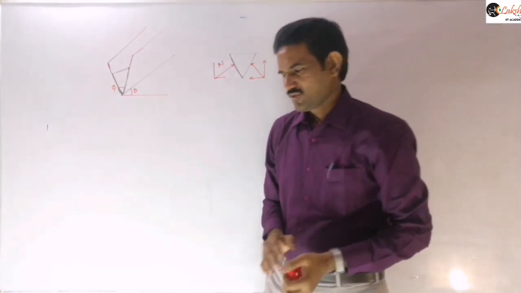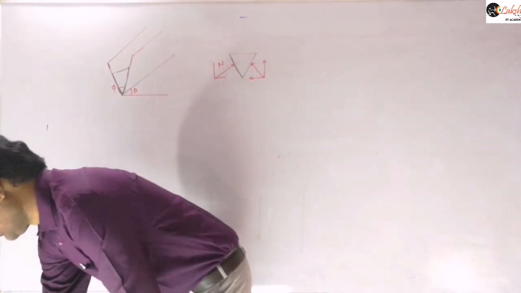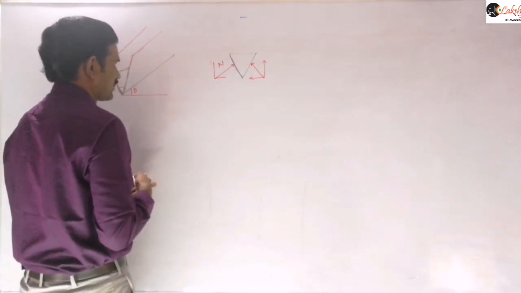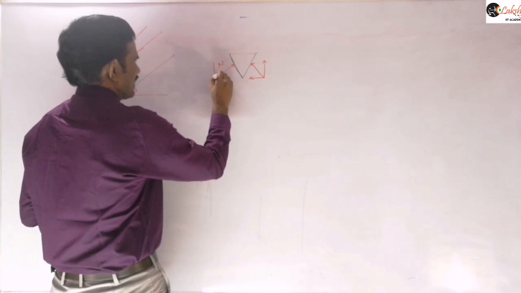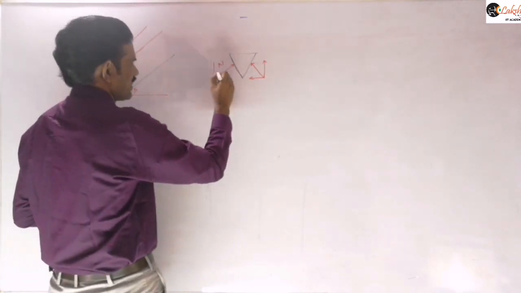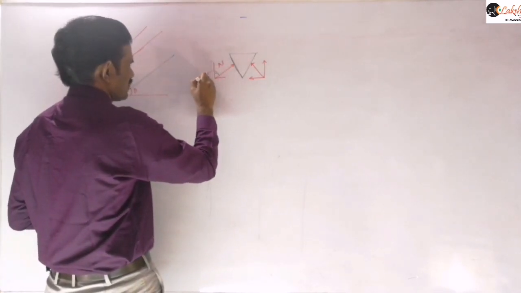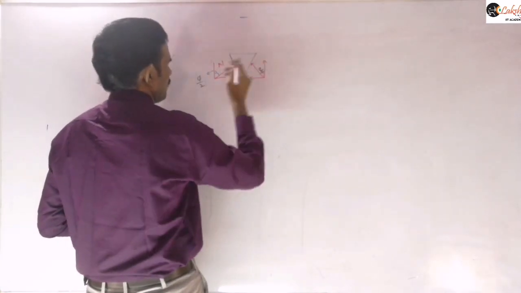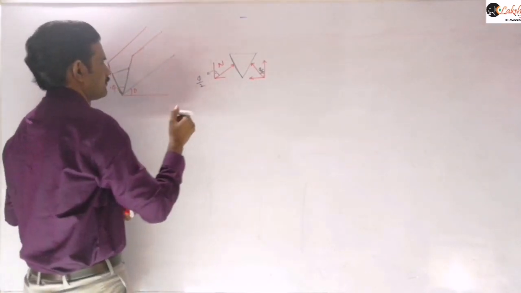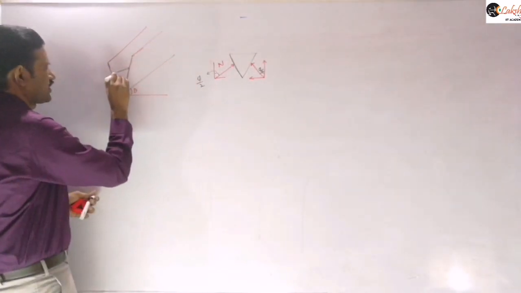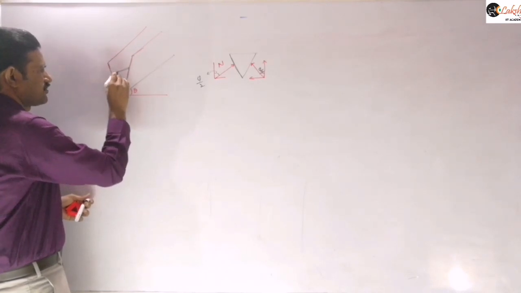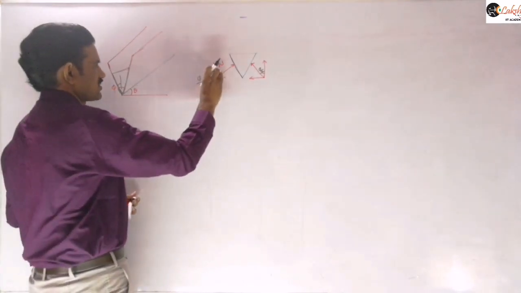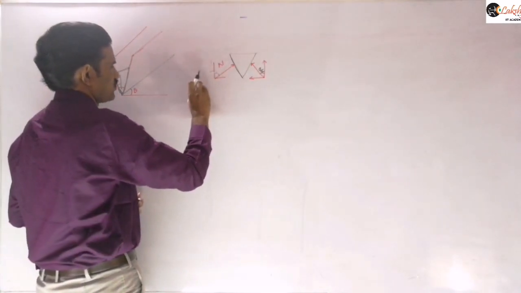Is it clear? Now let us see this. What I am representing here is the normal reaction value. Since the total angle is phi, this angle is phi by 2, and similarly this angle is phi by 2. This is phi by 2 here. We are taking this normal reaction along this direction, so what you will get here is